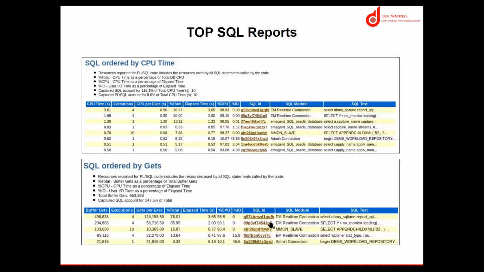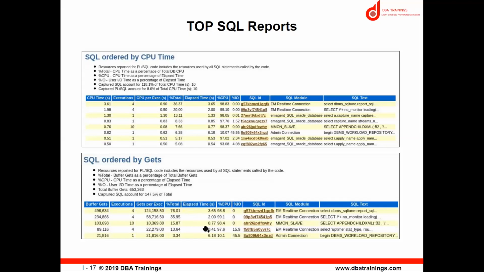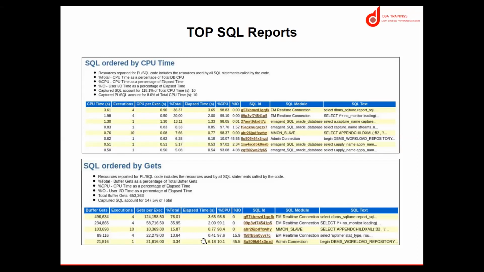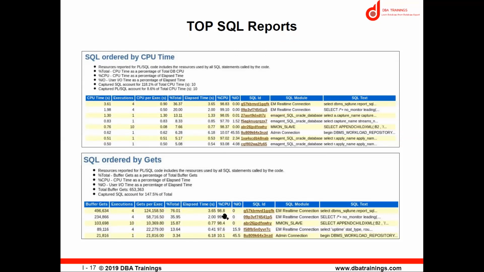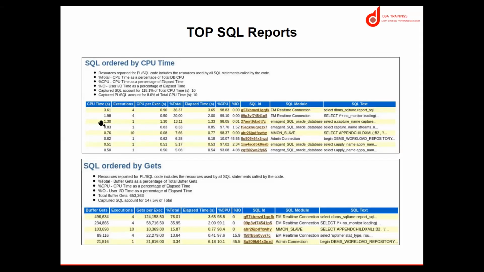What do you have to look at? First, you have to use elapsed time: how much time my query has taken to process. This is the first area we look at. Suppose CPU utilization is 100%, but it lasts only 1 second or less, a nanosecond. It won't be much impacted. So you have to look into the elapsed time first. Then you can see the CPU time: how much of my CPU time is used. So elapsed time, then CPU time, this is the area you have to look at.